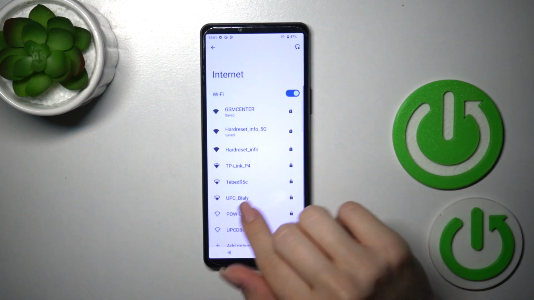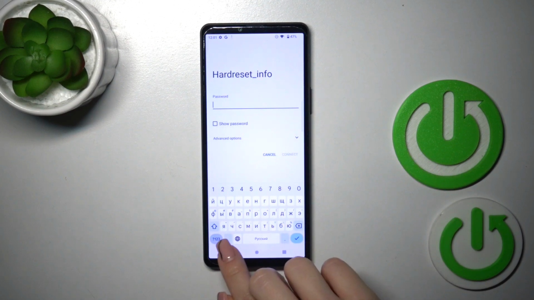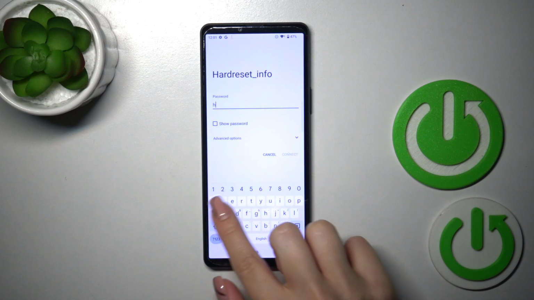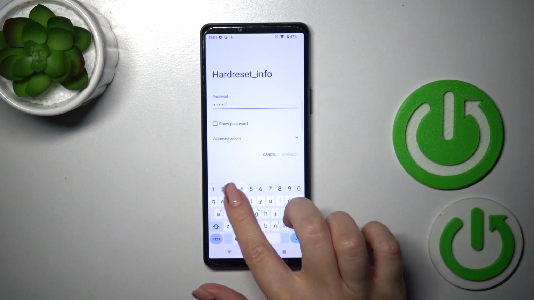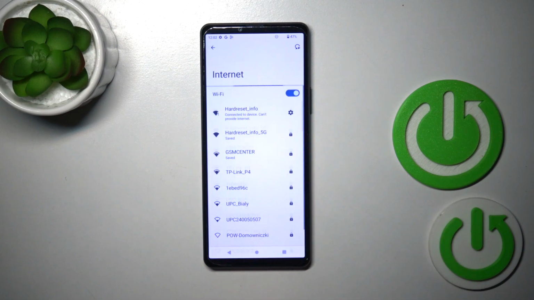Here you'll see all of the available networks. Select one of the networks and enter the password. To see the password you should click the show password checkbox. After that just tap the connect button, wait a second, and now we can see that we're successfully connected